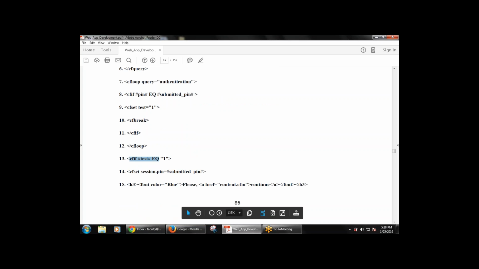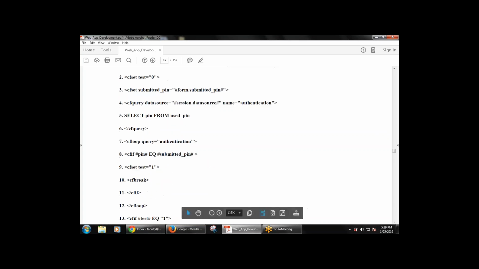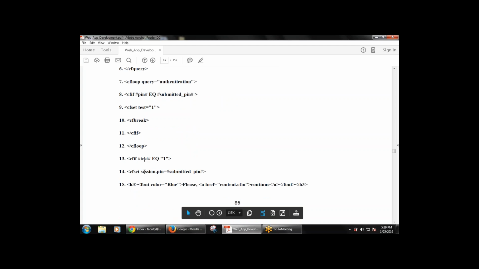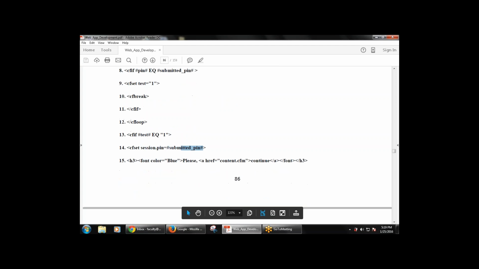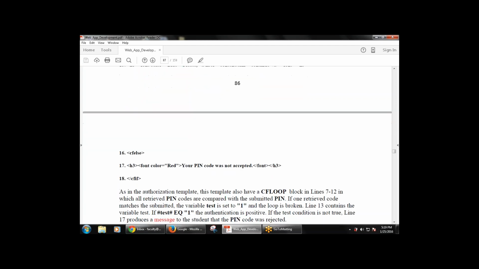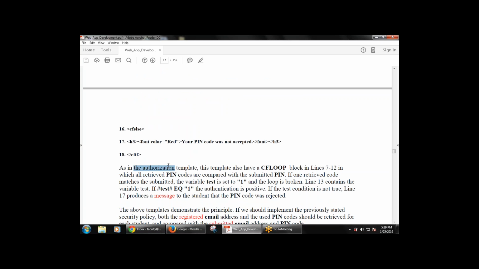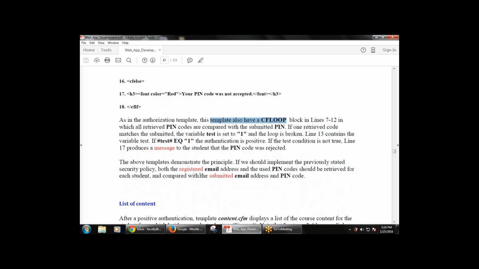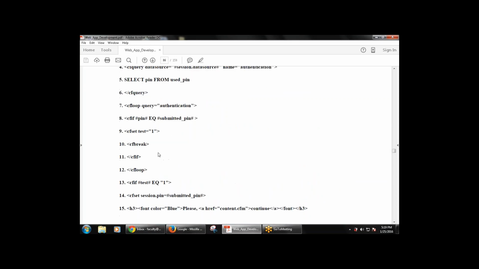Now test: if the test is equal to 0, then session.pin equals submitted pin, and an h3 tag is used for this. And as in the authorization template, this template also has a cfloop, used in lines 7 to 12. That is the cfloop with query equals authentication, covered with a cfif, where if the pin equals the submitted pin,